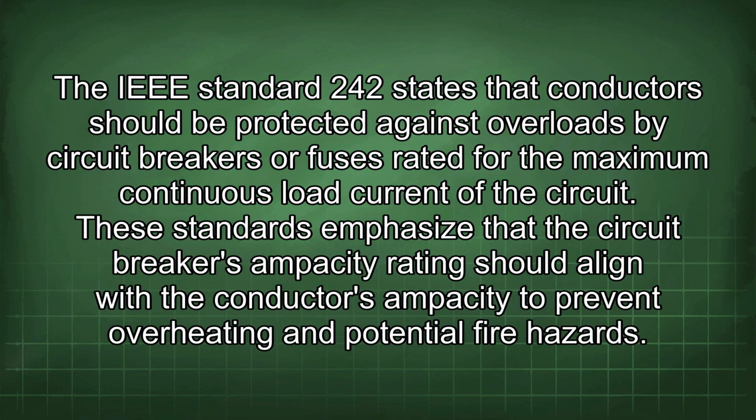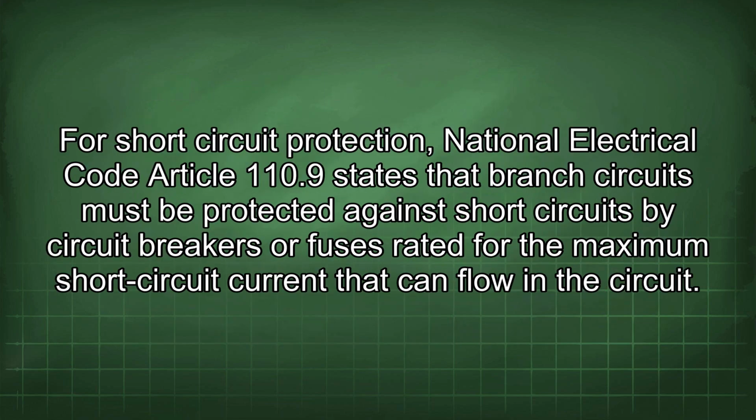The IEEE Standard 242 states that conductors should be protected against overloads by circuit breakers or fuses rated for the maximum continuous load current of the circuit. These standards emphasize that the circuit breaker's ampacity rating should align with the conductor's ampacity to prevent overheating and potential fire hazards. For short-circuit protection, National Electrical Code Article 110.9 states that branch circuits must be protected against short circuits